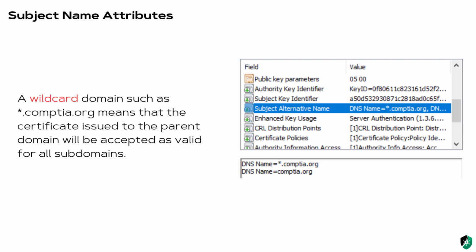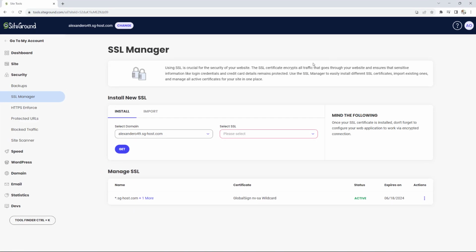Now, I want to show you right here. I'm going to give you a live example. This is from the back end of my web account with the web hosting company SiteGround. This is the SSL manager. SSL stands for the Secure Sockets Layer. It is this certificate that I can use to enhance the security of my website. When I have SSL installed, my site will run with HTTPS and not just HTTP. Now, right here you can see the domain. This is just a sample domain, by the way,